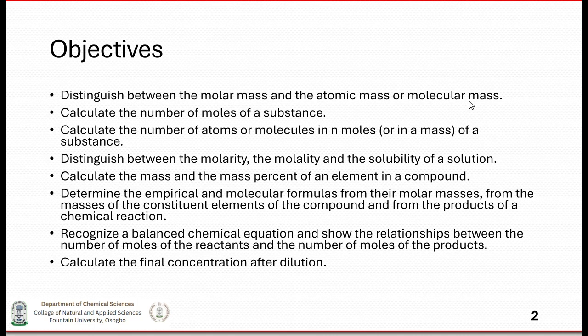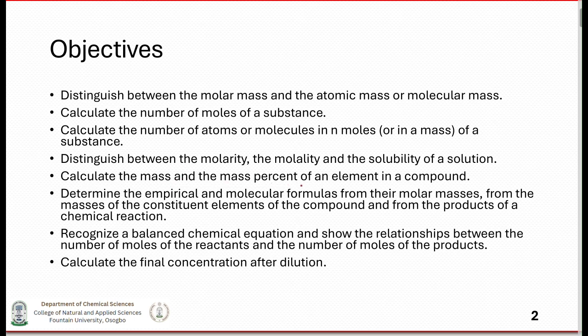So we have so many objectives to cover, and the first part is to be able to distinguish between molar mass and the atomic mass or molecular mass, and also to calculate the number of moles of a substance. Some of these you've learned when you were in your secondary school. We will also learn how to calculate the number of atoms or molecules in n moles or in a mass of a substance, and to distinguish between the molality and the solubility of a solution,